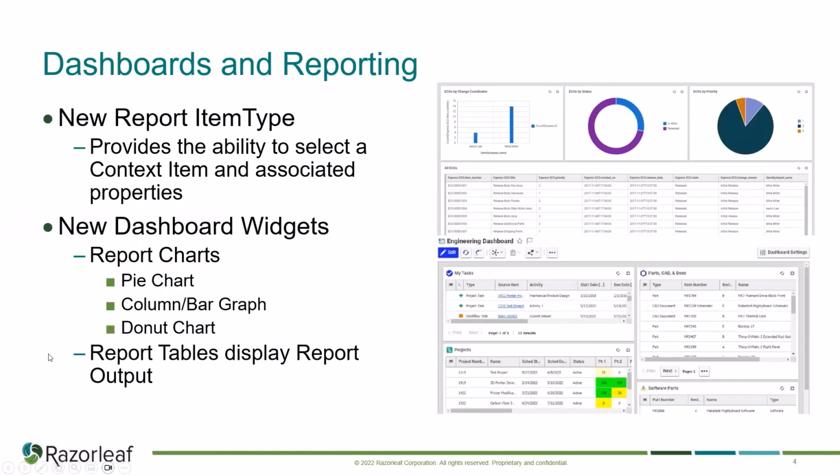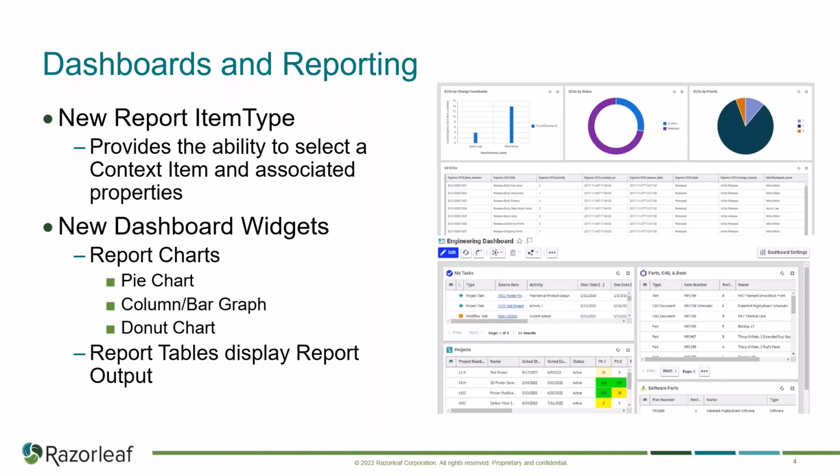All right, so to start, we have dashboards and reporting. Like I mentioned, first things first, we have the new report item type, which really is relatively simple. It really provides the user an ability to select their specific context item. On that top right, we have a report running about all ECOs. Alongside your context item, you're able to select all the associated properties directly from that item type. So for example, we have the item number, the title, priority level, the state of all of our Express ECOs